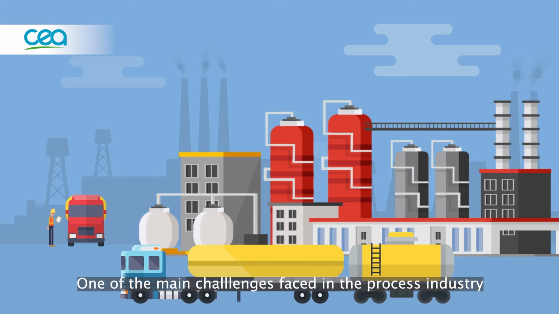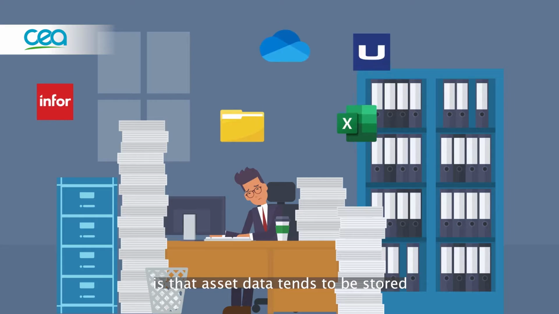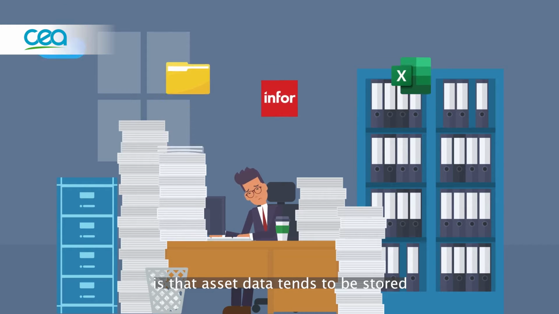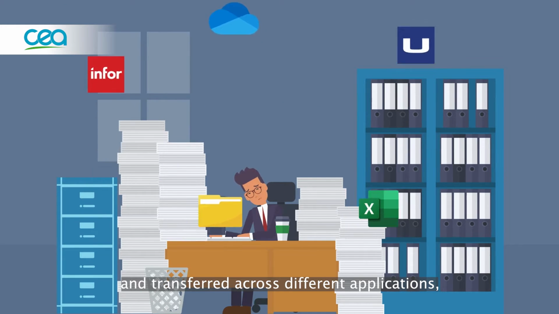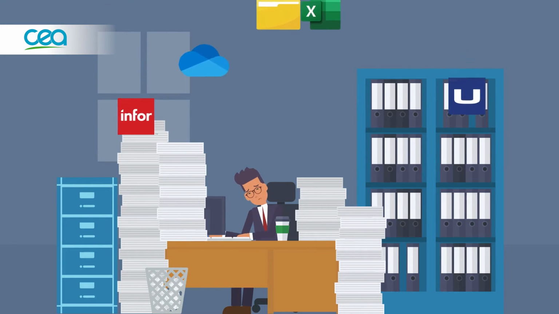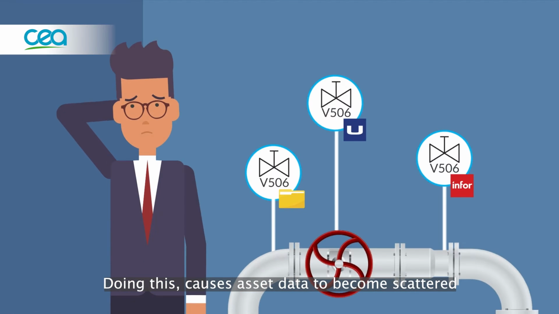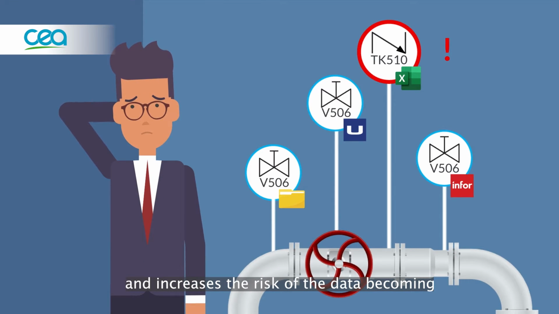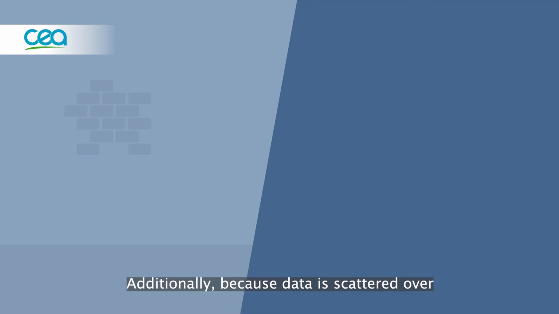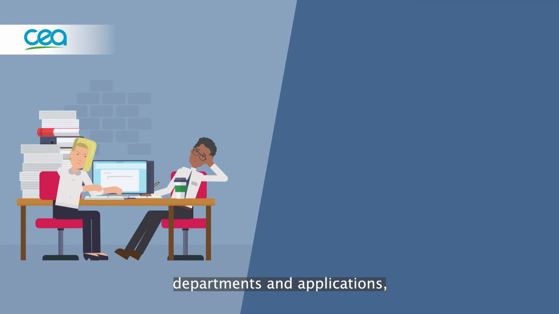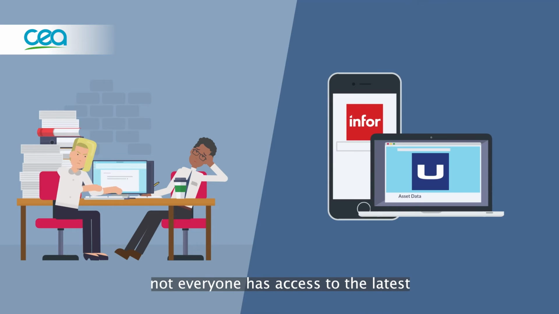One of the main challenges faced in the process industry is that asset data tends to be stored and transferred across different applications, files, and spreadsheets. Doing this causes asset data to become scattered and increases the risk of the data becoming misaligned and outdated. Additionally, because data is scattered over departments and applications, not everyone has access to the latest and most up-to-date asset